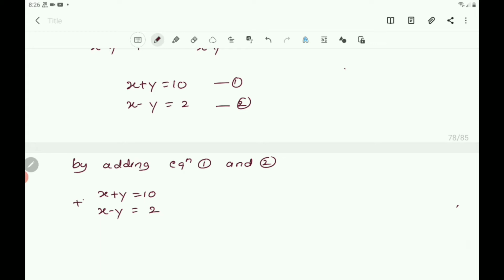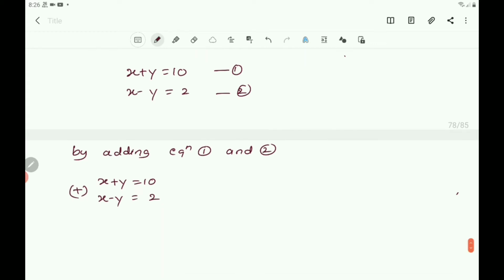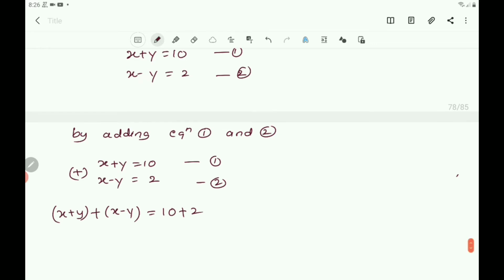Then it is plus here. So that becomes x plus y plus x minus y. This is the first one. This is the second one. Is equals to what? 10 plus 2. So by opening the bracket it becomes x plus y plus x minus y is equals to 10 plus 2